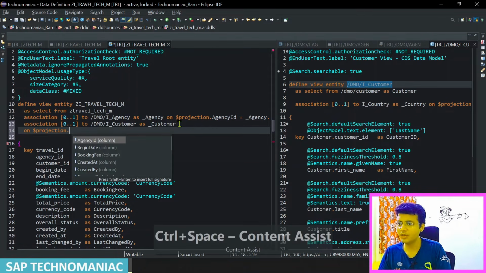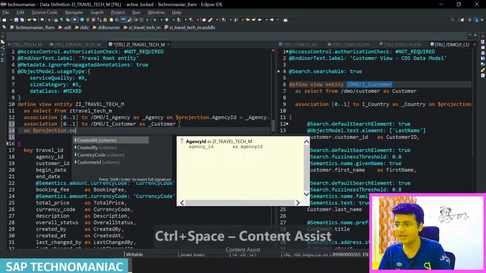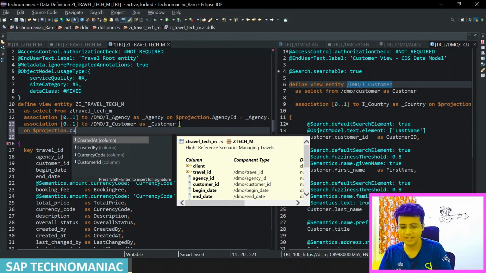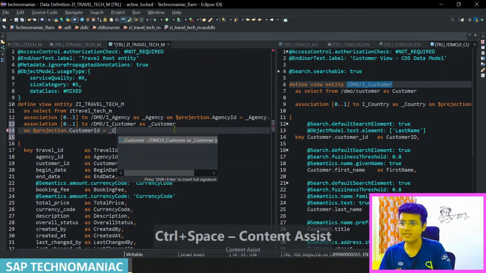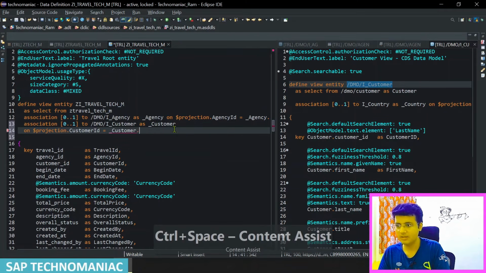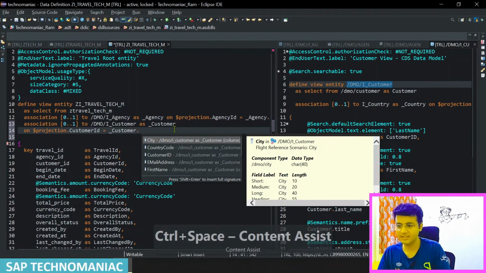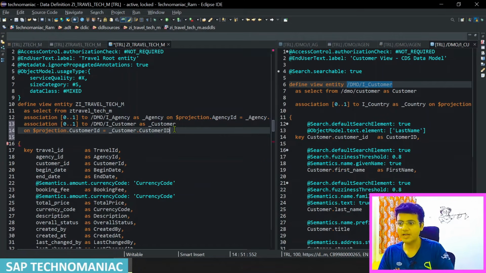Dot, Control Space you can give. This time customer ID we are getting, so we have the customer ID somewhere. Yeah, this one. Equal to this particular underscore C, Control Space customer dot Control Space customer ID. We are mapping customer ID with the customer ID. Since it is the key field, we will be having the one entry only, so that is the reason association